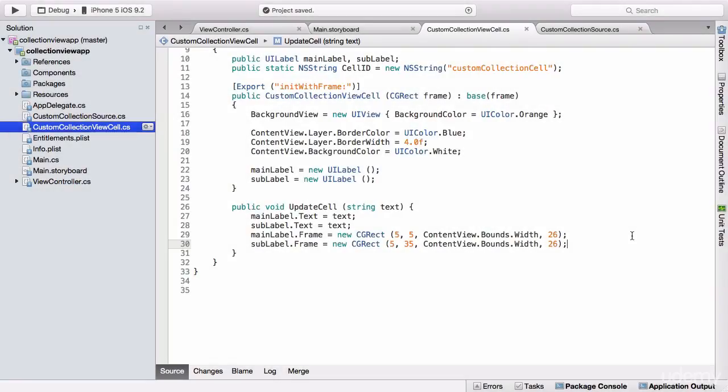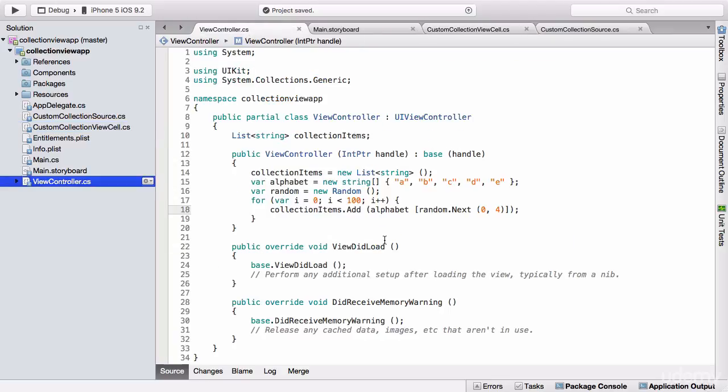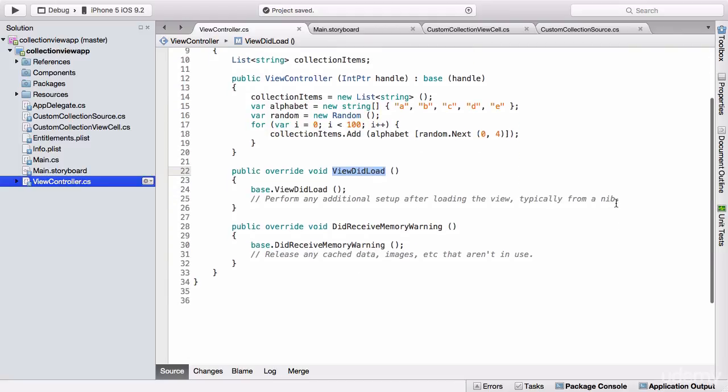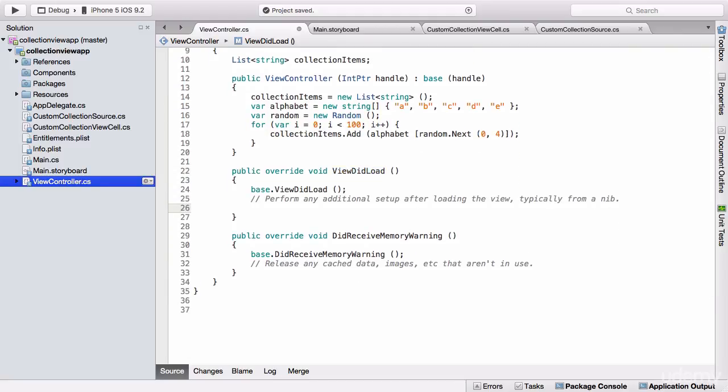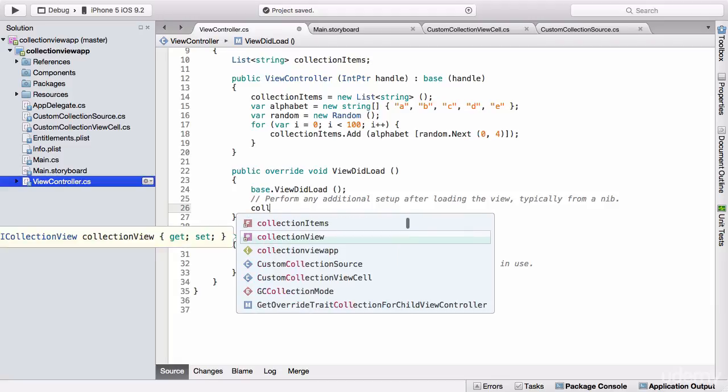We have our cell, our source, and our data. There's one final piece of the code that we have to put in inside of our view controller, view_did_load. And this is to actually fire up the cell and show us some data. So let's grab our collection view,